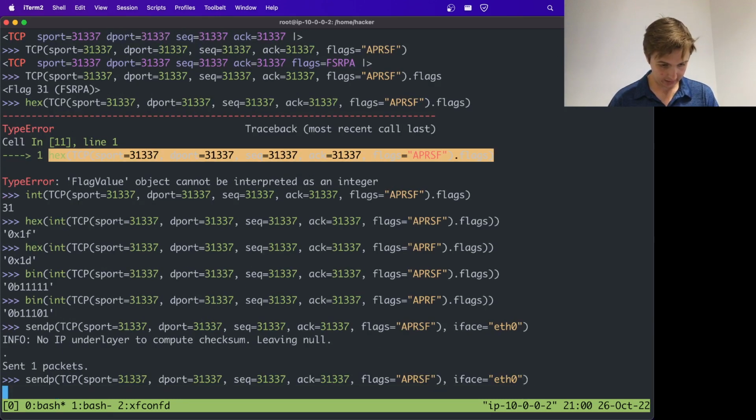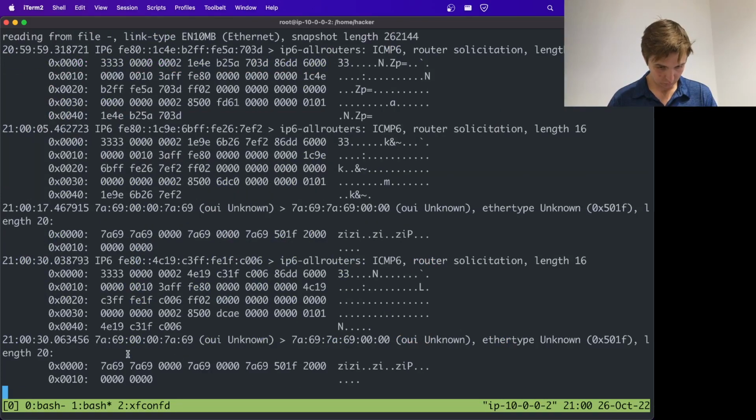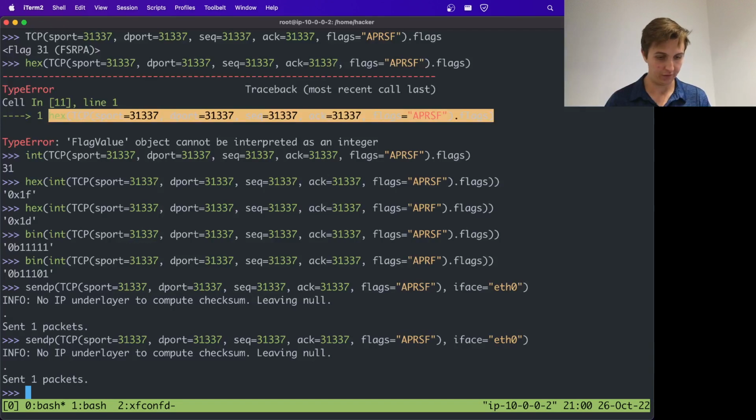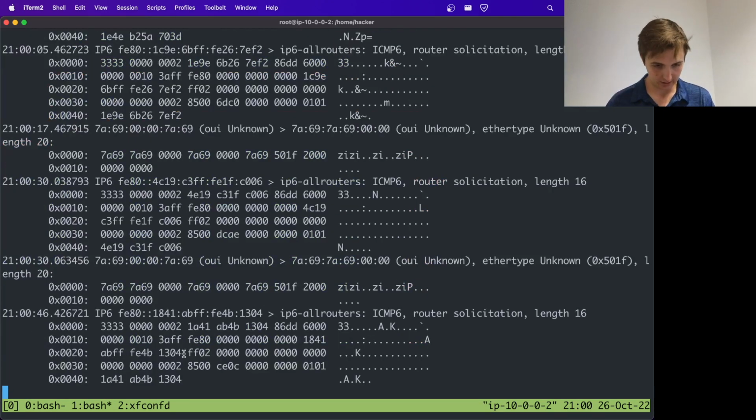This looks like what we sent. So we can see it did send something out. And it looks like it actually is showing up on both. That's interesting. Scapy is super smart. Huh. I did not realize how intelligent Scapy was about just automatically filling in those underlayers. But anyways,